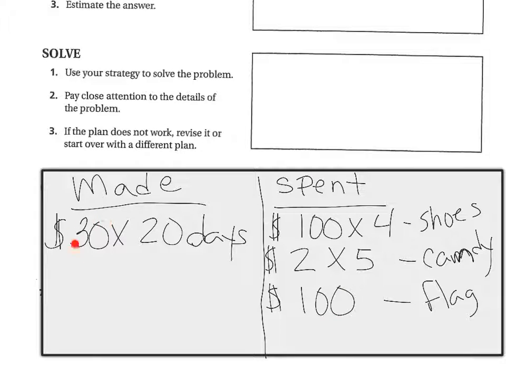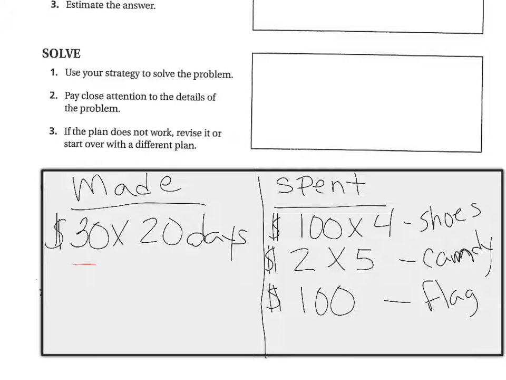So I know that he made $30 a day over 20 days. So in order to find out the total amount he made, I have to multiply because he made $30 every day. So if he does something every day, I have to add that amount over and over and over again. But adding over and over again is the same thing as multiplying. So I look right here and he has made